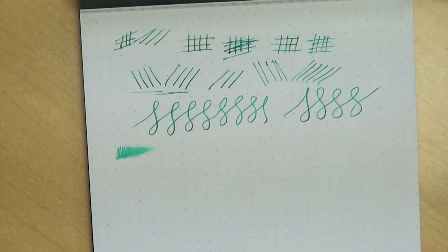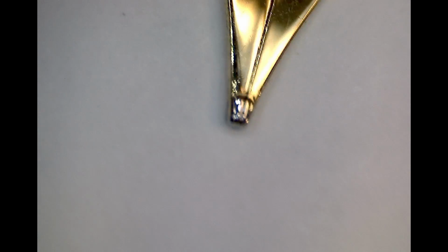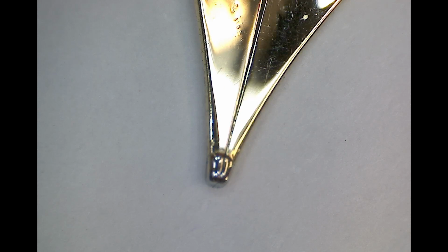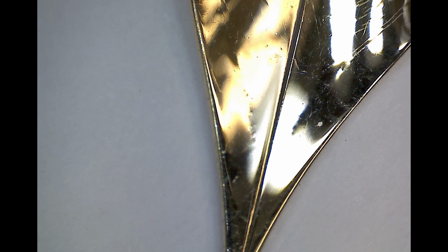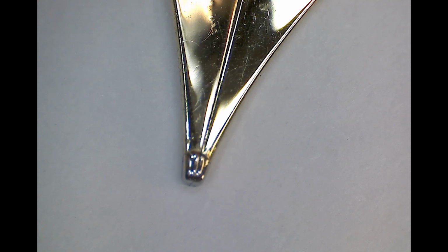So I'm going to go back under the microscopic camera here and show you on a piece of paper what this looks like. Okay, so here's the underside of the nib, and you can see the nib slit gets much, much narrower. So there are a couple ways we can deal with this. One way that I like to do, if you're looking at the nib head on, right from the tip,